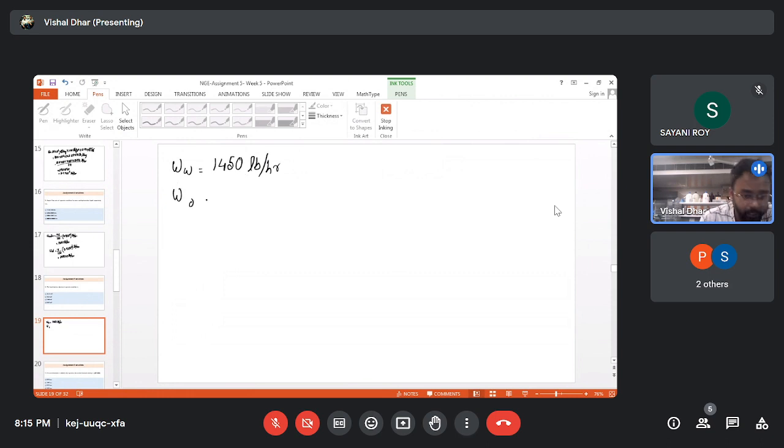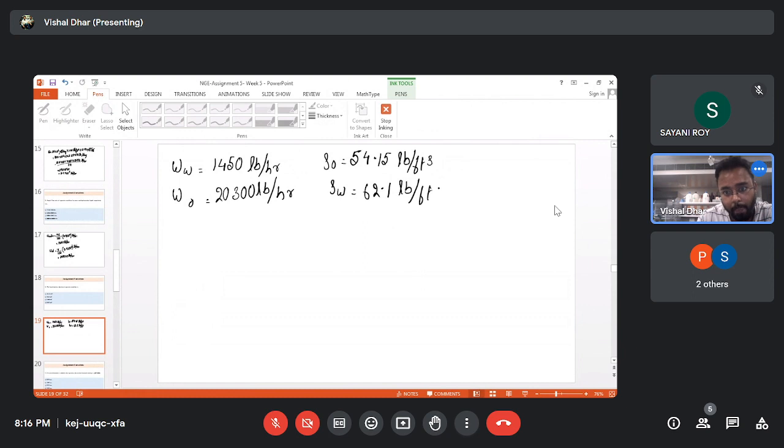Mass flow rate for oil is 20300 lb per hour. We have found this in our last question. Density of oil equal to 54.15 lb per feet cube. Density of water equal to 62.1 lb per feet cube. So density of liquid equal to 54.15 into